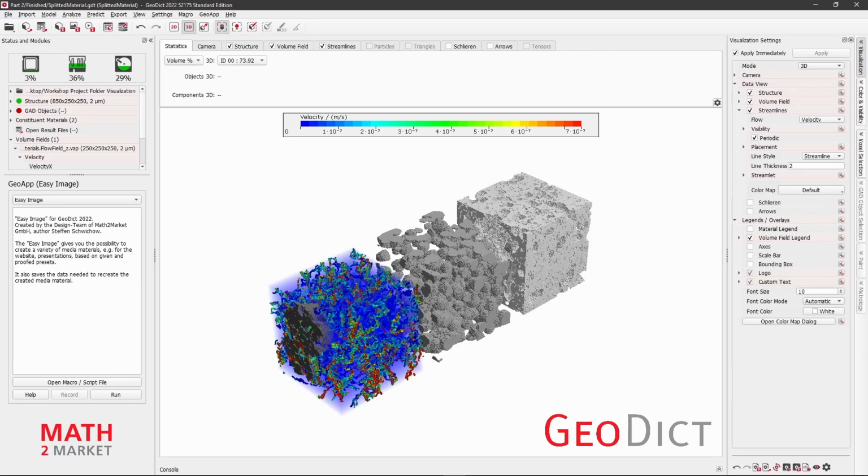FilterDict is our filtration simulation module, which works by simulating fluid flow through a microstructure and then injecting particles along with the flow. These particles can then interact with the filter structure and get either stuck in the filter structure due to mechanical reasons or electrostatic attraction, for example. Or they can make it through to the other side. We are going to look at the so-called FilterDict lifetime simulation, which estimates the lifetime of a filter.